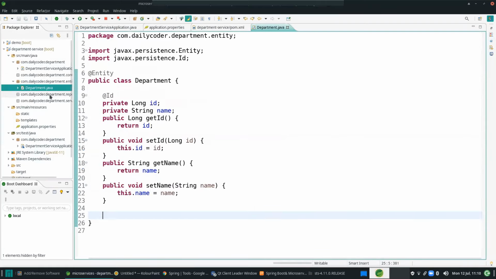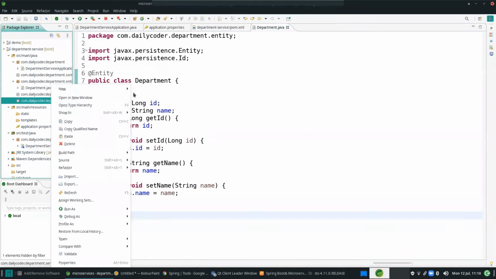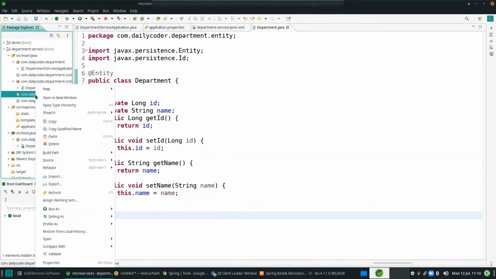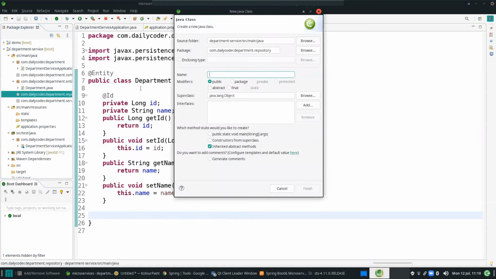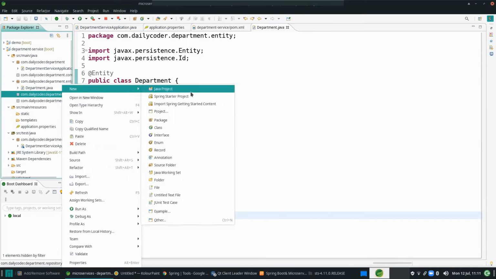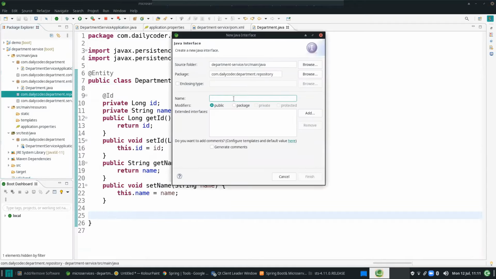Now I'll create the service or repository. First I'll create the repository. The repository will be an interface if we are using Spring Data JPA. You'll understand more when we go through Spring Data JPA, but let me show you the example, how simple it is.